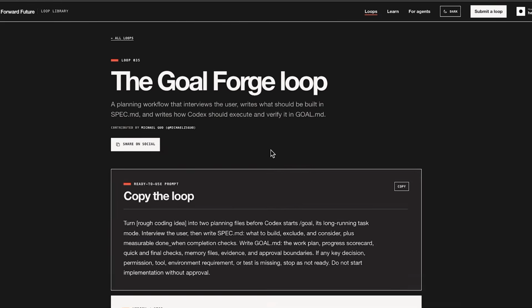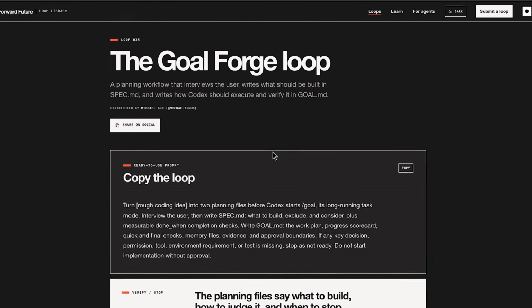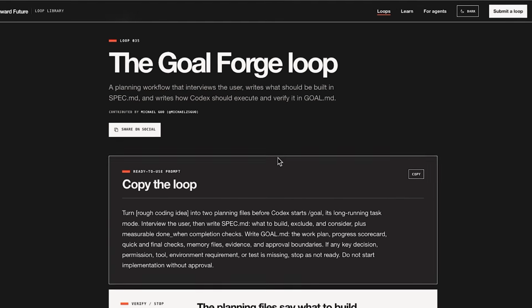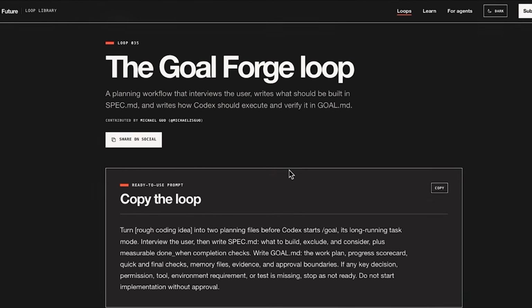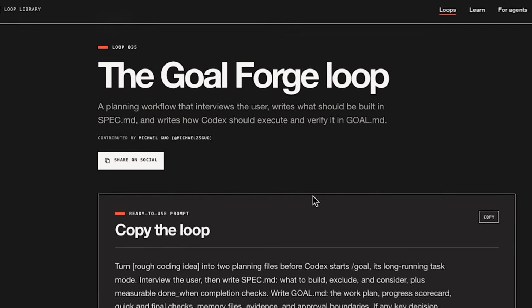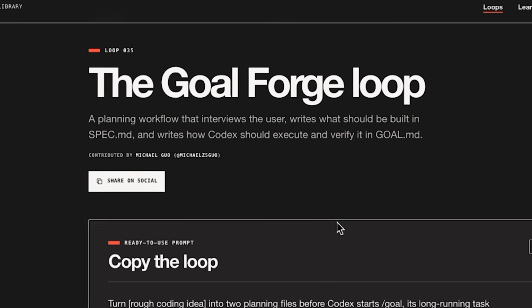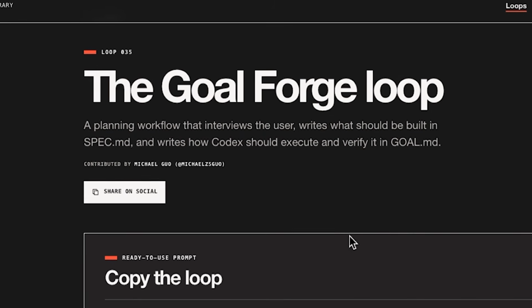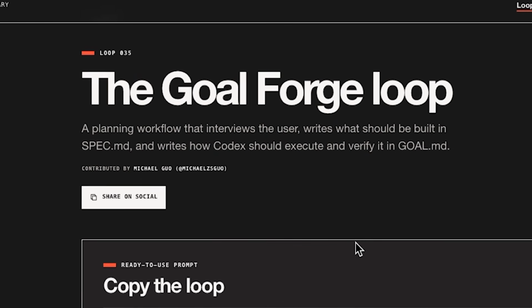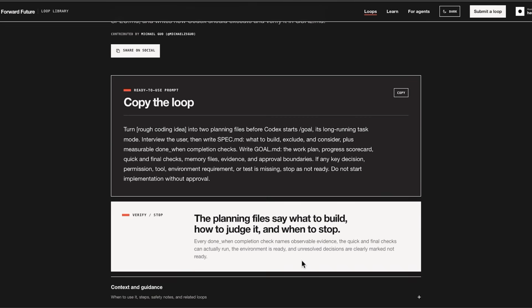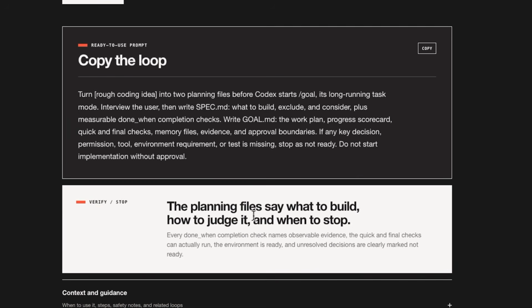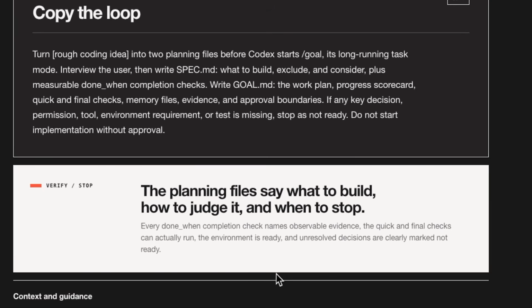Loop number 35, the Goal Forge loop, a planning workflow that interviews the user, writes what should be built in spec.md, and writes how Codex should execute and verify it in goal.md. The verify stop is the planning files say what to build, how to judge it, and when to stop. The "done when" completion check names observable evidence.